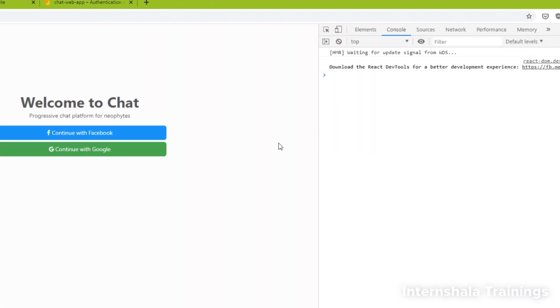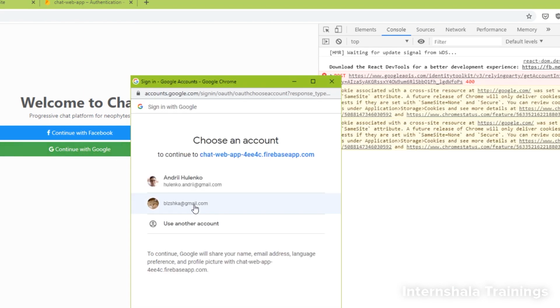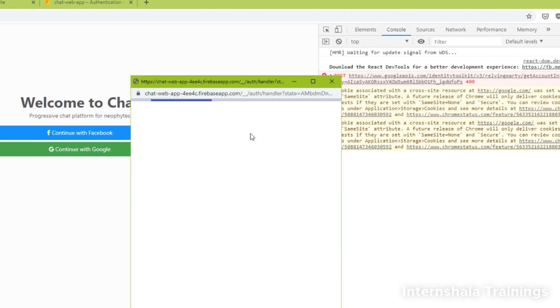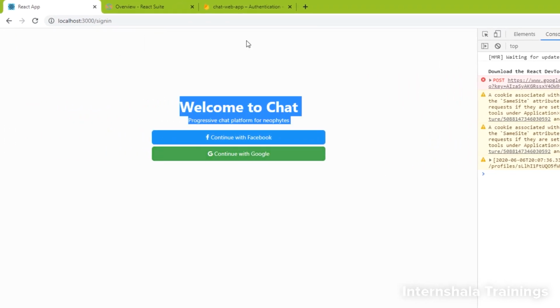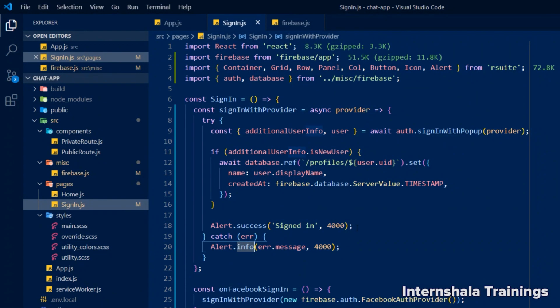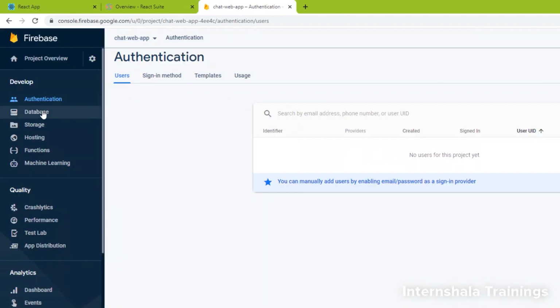And now let's try one more time because we need to receive an error. All right. So we click on continue with Google, then we're gonna select our account again, and now we have permission denied, and we have this error info. Let's put .error message, but the thing is that we have permission denied, and this is because if we open